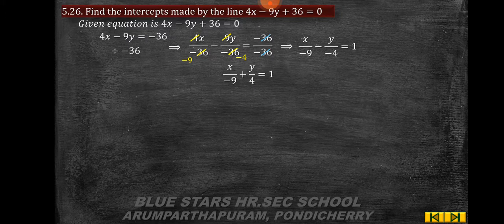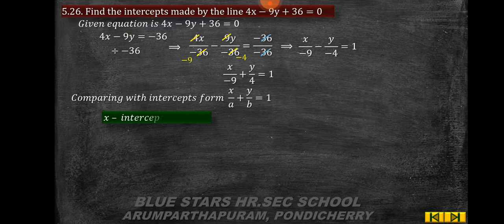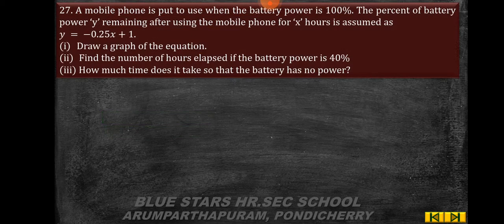Therefore, the intercept form is x by minus 9, minus into minus gives plus, so plus y by 4 is equal to 1. Comparing with the intercept form x by a plus y by b is equal to 1, the x-intercept, that is a, is equal to minus 9 and the y-intercept, that is the b value, is 4. Then example